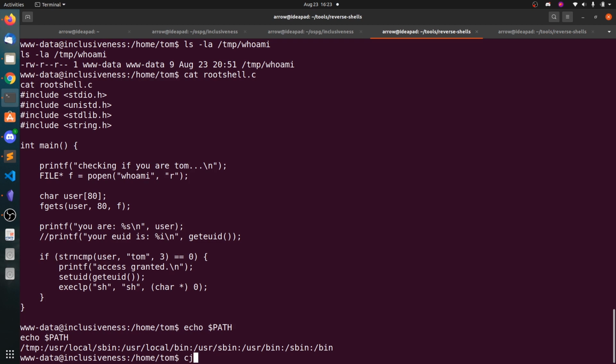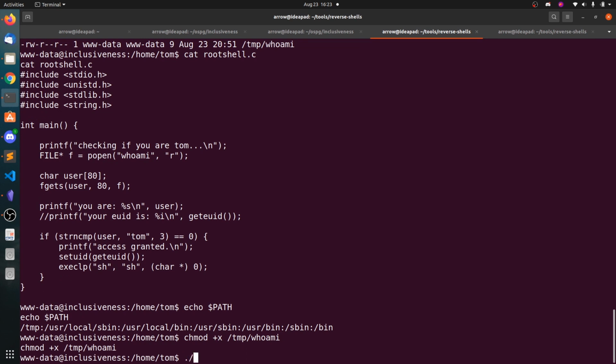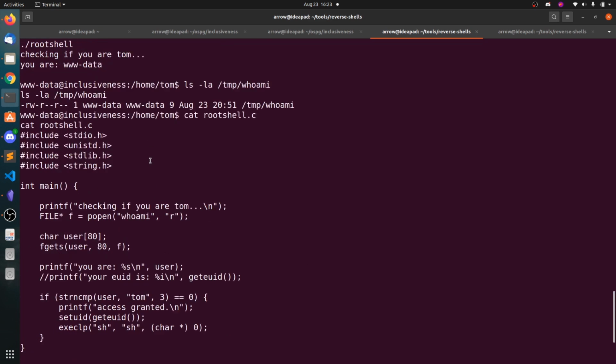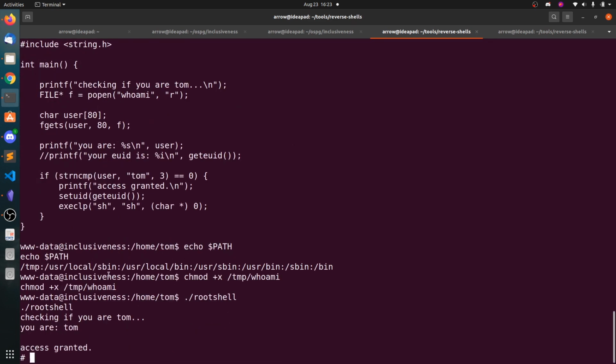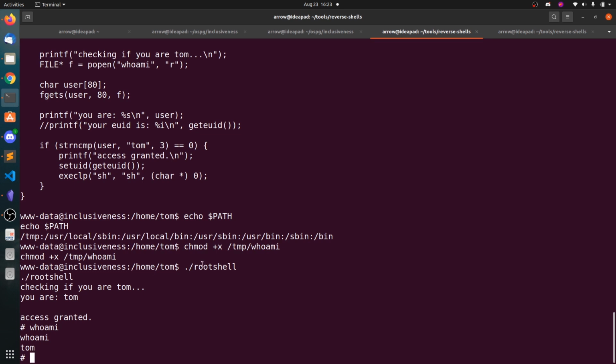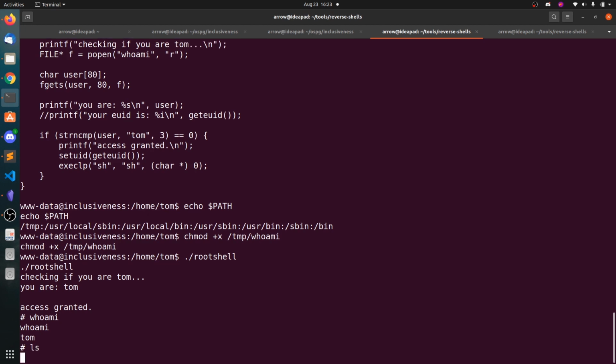I think let's make this also executable. tmp whoami. Now run this root shell, and now you can see, okay, we should also set the execution permissions. Now whoami? We are the root. Okay, we are Tom. I don't know, we are getting executed as Tom, so let's say ls.